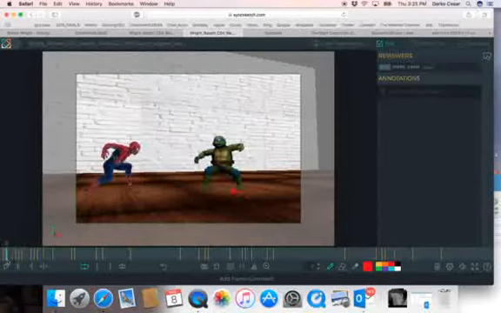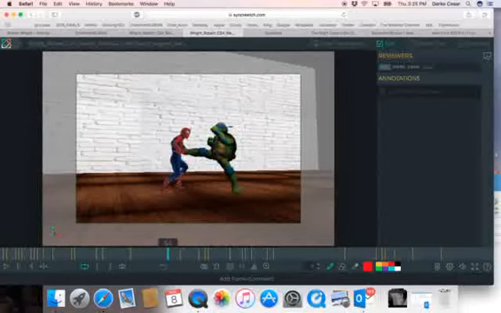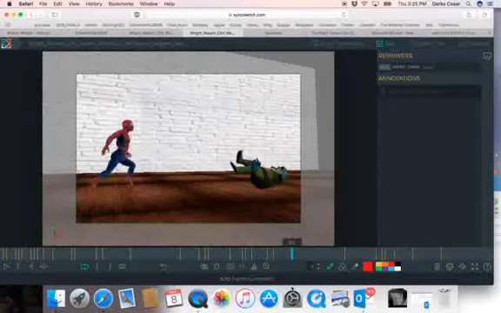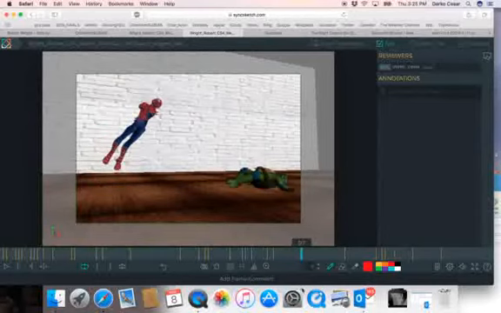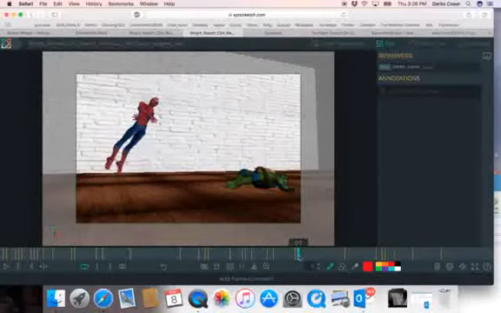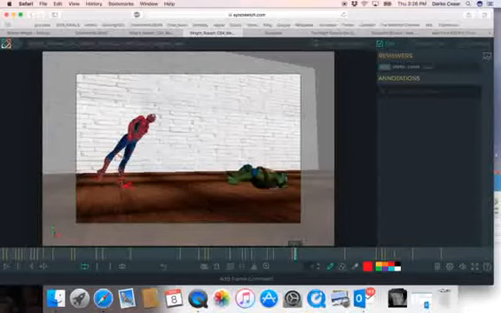Here, when the Spider-Man jumped, not that one, the other one. Well, I'm not sure actually if his leg would move back. And once when he jumped, look, he jumped from here to there. So this is a progress that he did in one frame.